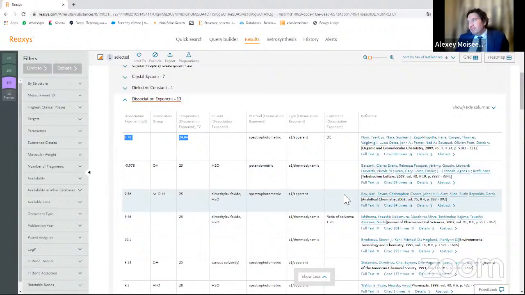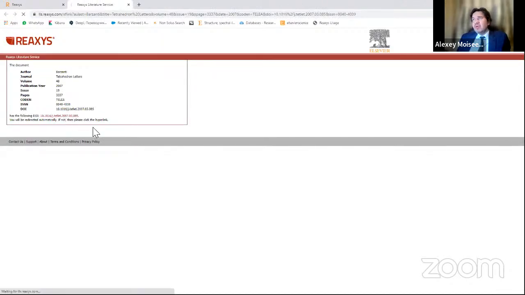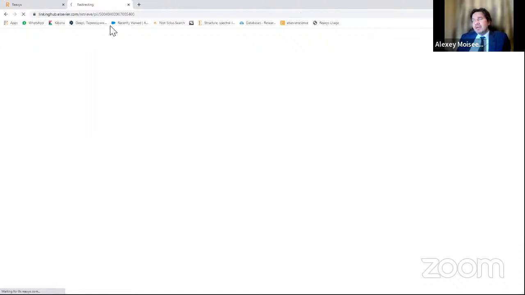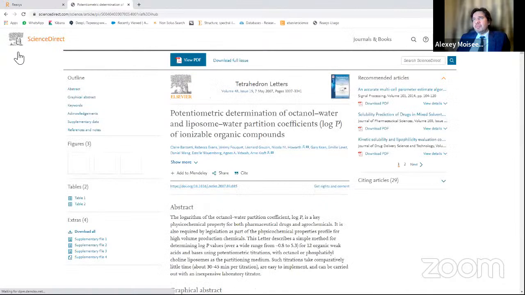And of course, if you think that some document is interesting, you can easily click to full text. You will be redirected to the DOI, and over the DOI you will be able to find the document on the publisher's website and find the information about this.